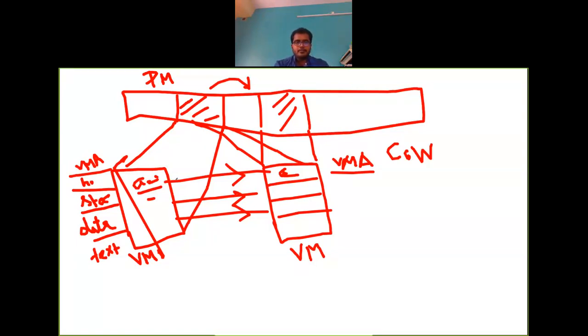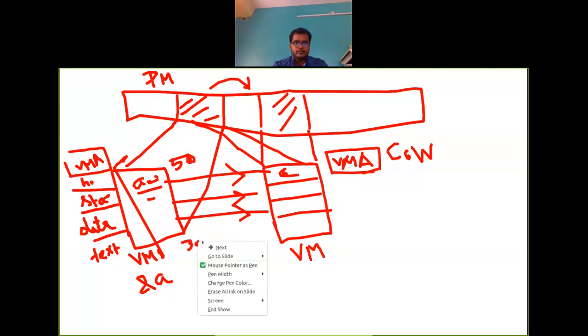That's why whenever you try to find the address of some variable using ampersand, you get this virtual memory address, which is the same for both the child process and the parent process. Suppose the virtual memory address space for the parent is 500 to 3000.